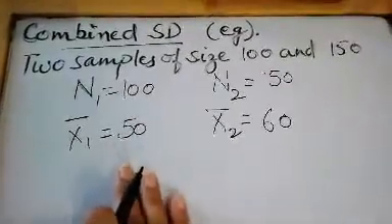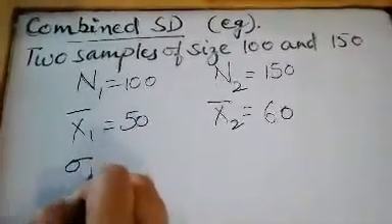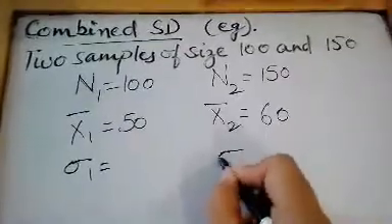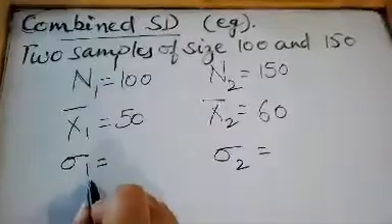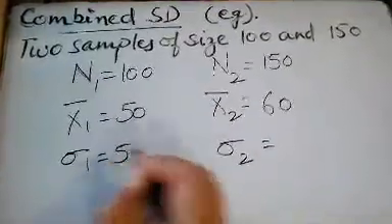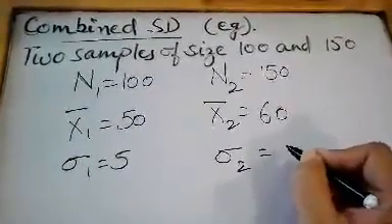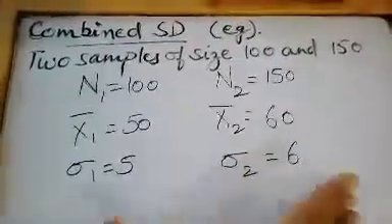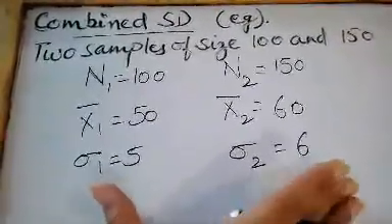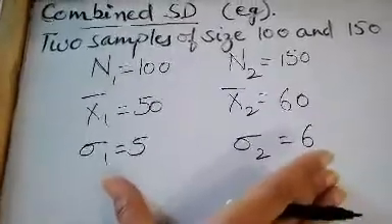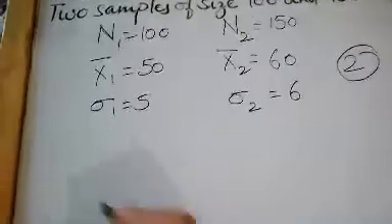So we require the individual standard deviations also, that means the standard deviation of the first group and the standard deviation of the second group will be given to you. The standard deviation of the first group is 5, and the standard deviation of the second group is 6. So these values are given to us, and now we have to put them into the formula. We have two groups, so our formula will be,